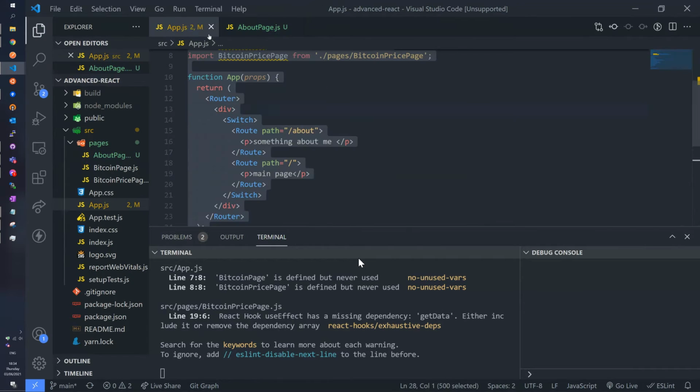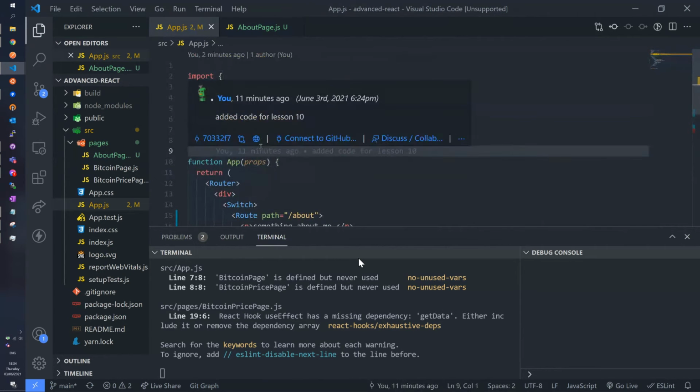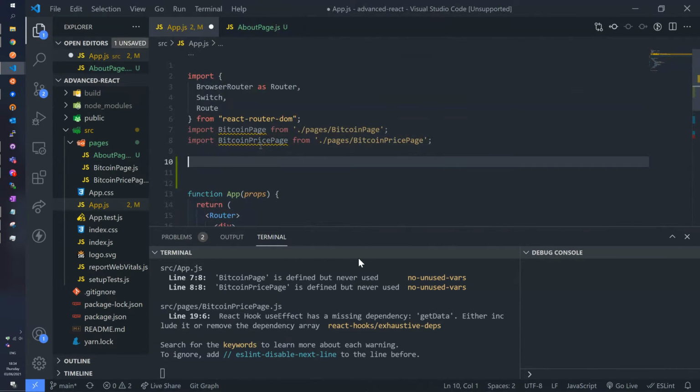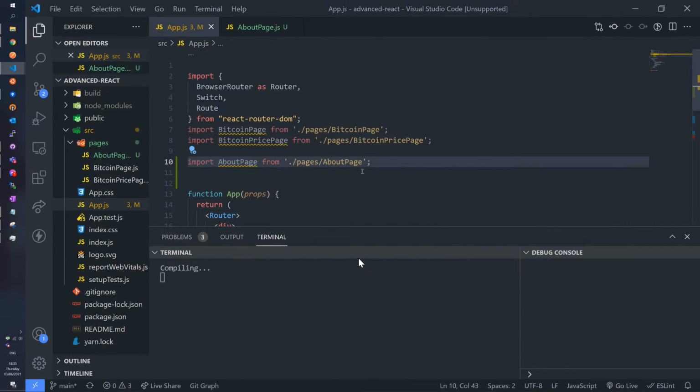In app.js, we're going to import that component in the following way. Import about page from. So we have to look exactly where this is from. We have to go to the folder /pages, right? Because it's in a subfolder. And then we go to / and about page. So this is what we created. So now we imported this component.